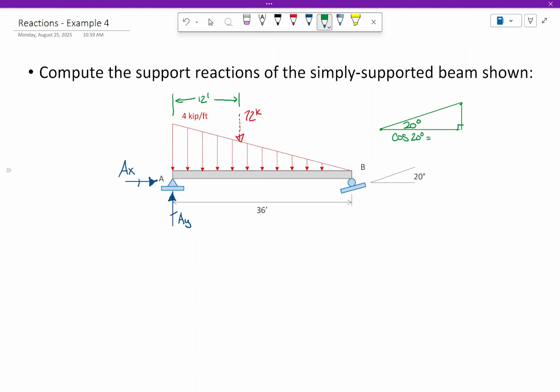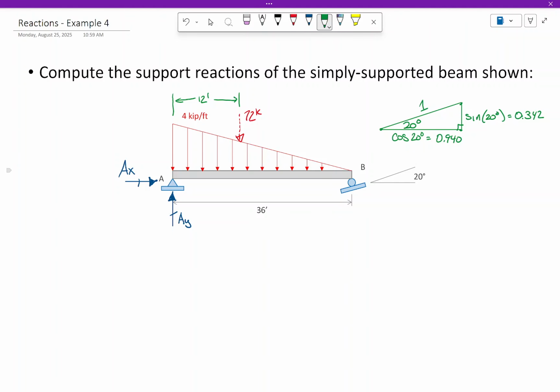0.940. Cool. Yeah, that's right. Do I have a second on that? That's right. And then the sine of 20 degrees? 0.342. And just a quick little math review. If we take the cosine squared plus the sine squared, that's a trig identity that says that's 1, right? Cosine squared plus sine squared is 1. Okay. All right. So, with that knowledge in mind,